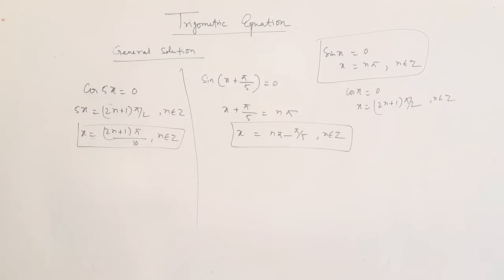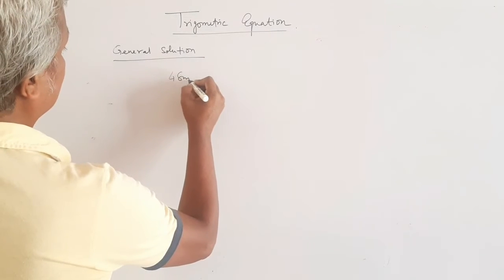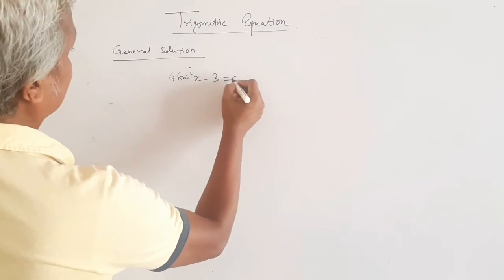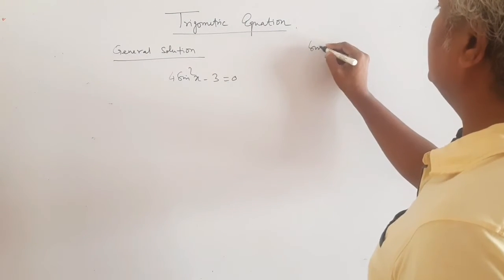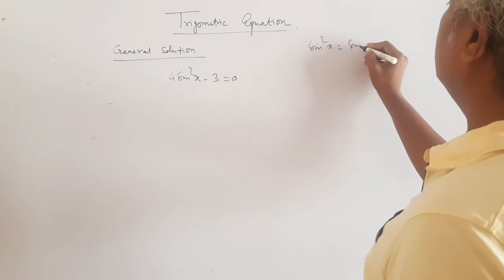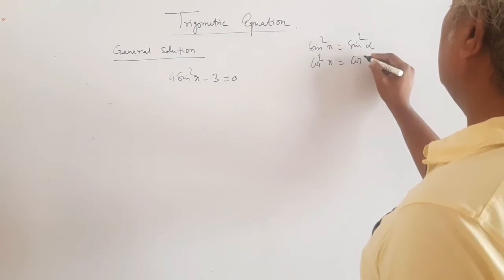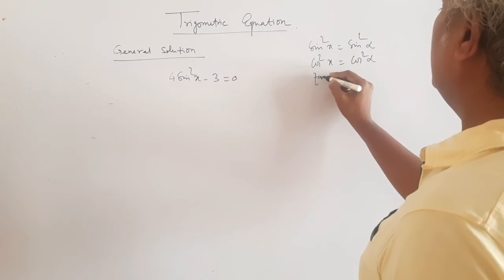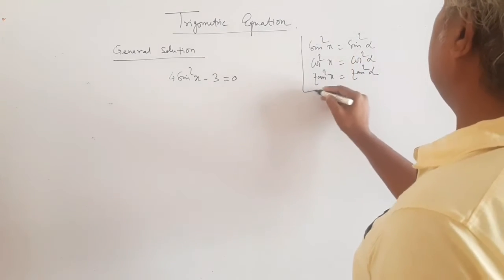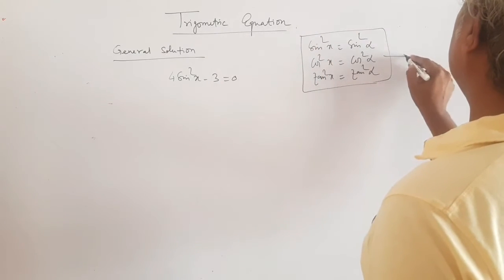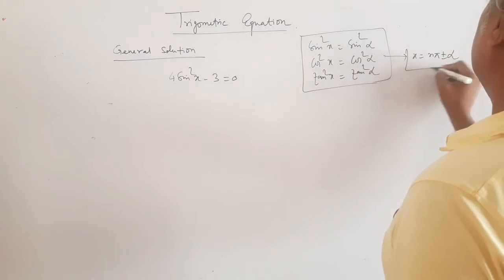Now let me clear the mess, and again coming back to you with some more. Now I have another type which says find the general solution for sine square x minus 3 by 4 is 0. So for this kind of questions we have three forms which go like this. Sine square x is sine square alpha, cos square x is cos square alpha, tan square x is tan square alpha, and they have just one common general solution which goes like x is n pi plus minus